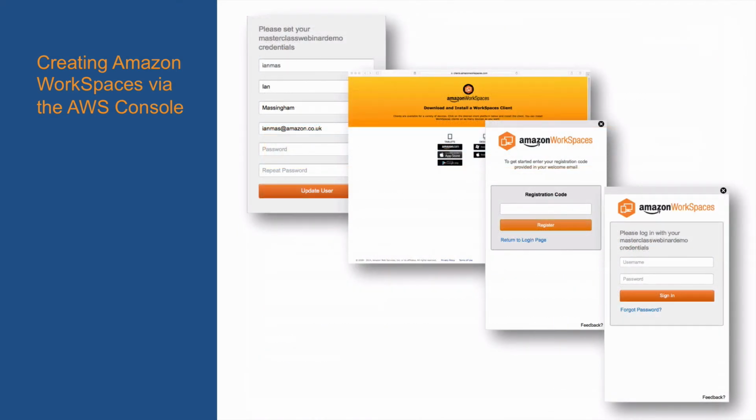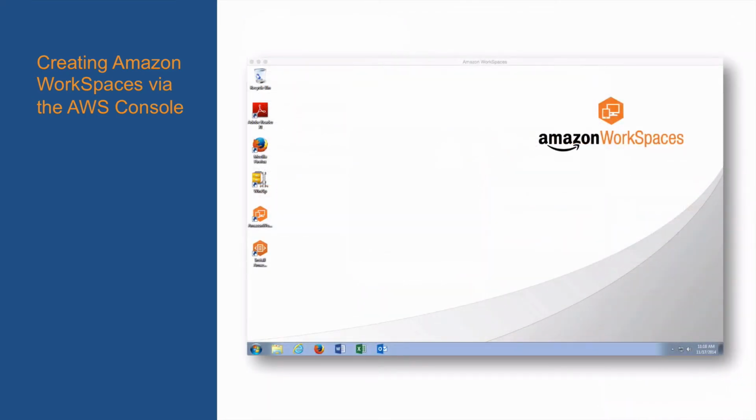And at that point, the Workspaces client will make a connection and you'll be presented with something that looks like this. So this is a running workspace sitting inside a window on my macOS desktop and presenting to me the Windows 2008 desktop experience together with the Office software that you can see pre-installed on the taskbar there at the bottom of the screen, as well as some of the utilities such as Firefox, Adobe Reader, the Amazon WorkSpaces sync client,